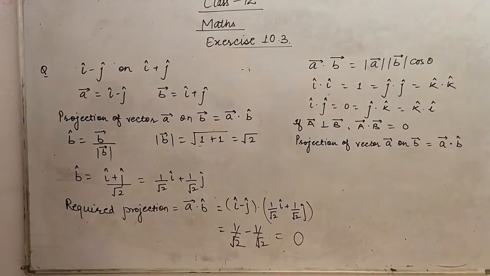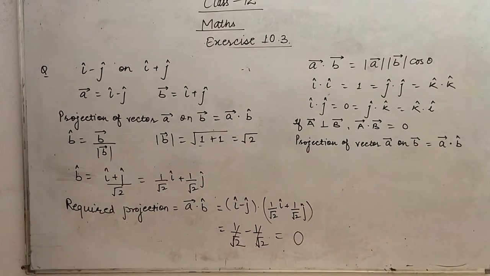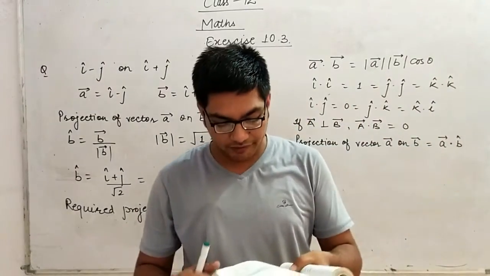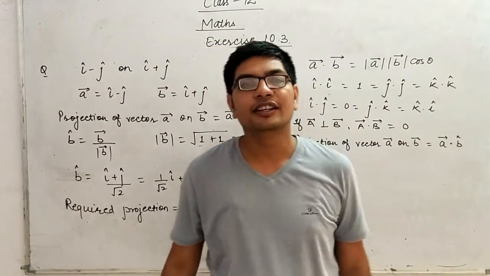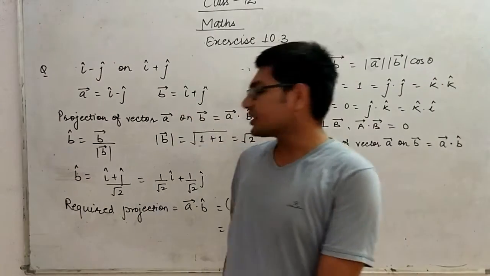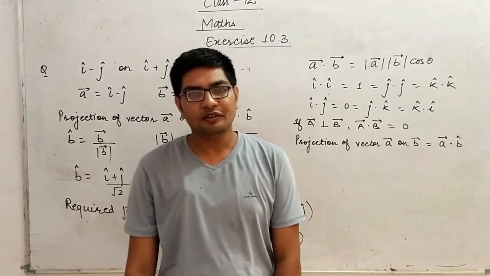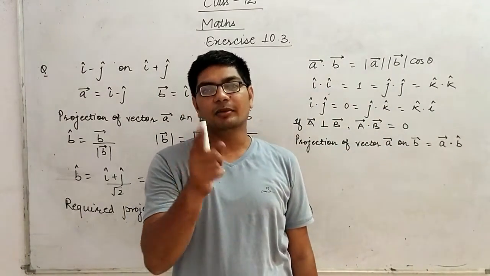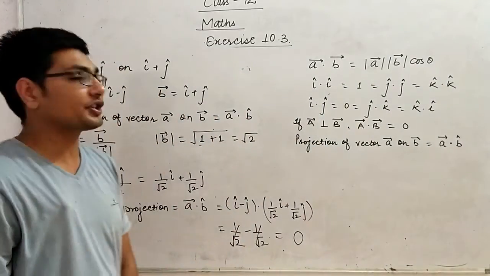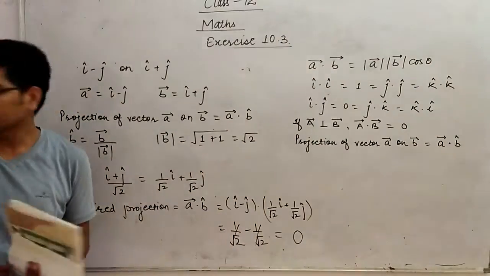Just get the question, understand, and if there is any problem you can ask me in the comment section. Now let us move to the next question. That is a question similar to question number 3. You need to find the projection of the vector on the vector, and I am leaving this question for you. Just find the solution to this question. If you still find a problem, I will be waiting for you in the comment section. Now let us move to the next question, question number 5.